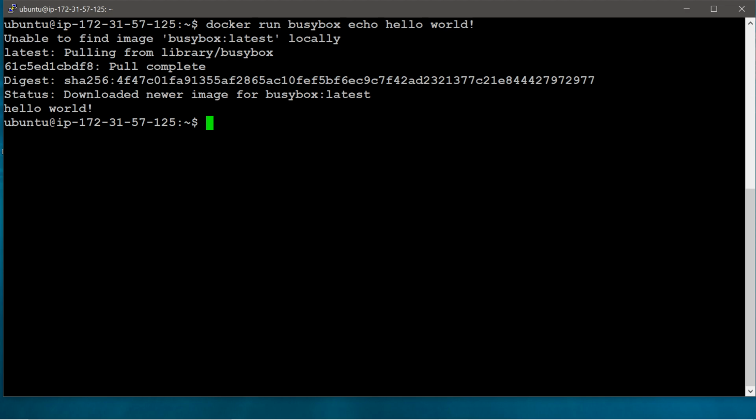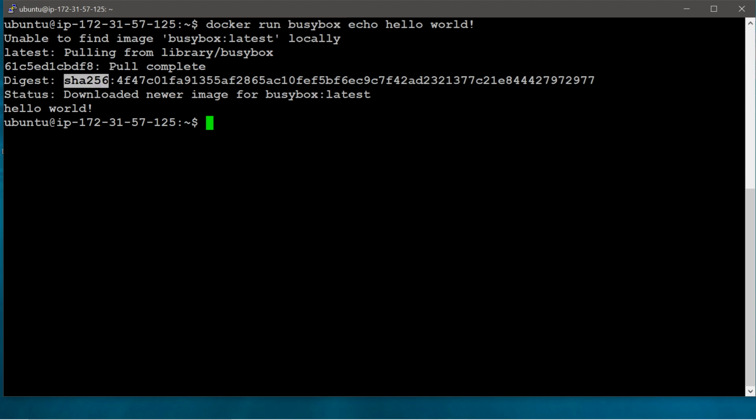Then you can see "unable to find image busybox:latest locally", which means in my Docker server there is no busybox image. So the image is pulled from library, meaning Docker Hub, which is a public repository. Library/busybox is the full image name. We don't need to provide library, we can provide only the busybox image name. Then the pull completed.